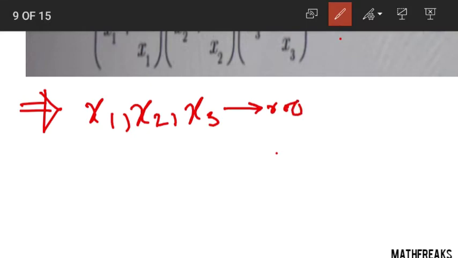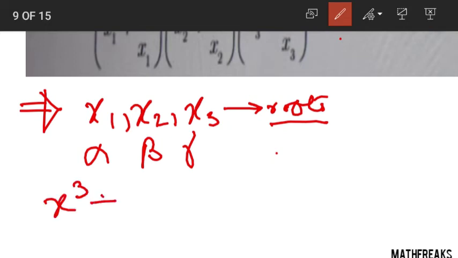Now I don't want to write x1, x2 again and again, so let us replace them with alpha, beta and gamma. We are more familiar with these terms. Now we are given a cubic equation, x cube plus 3x plus 5